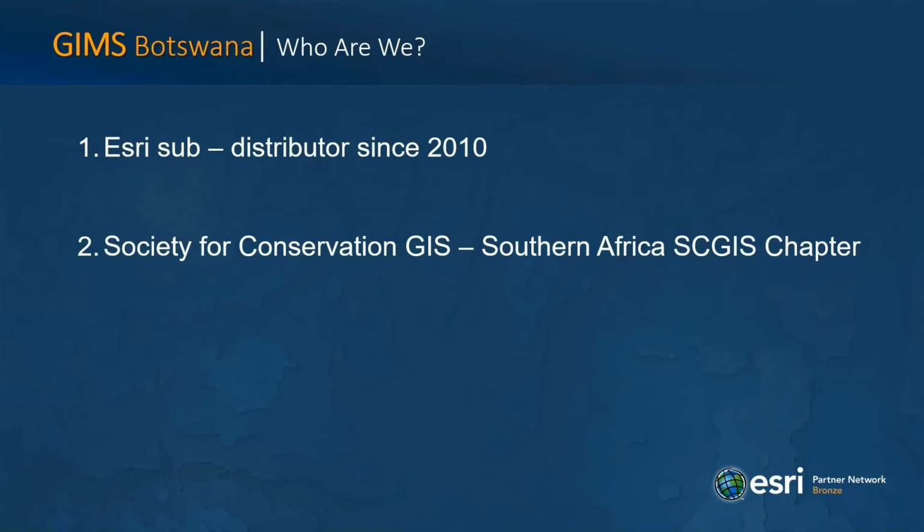Esri's had a presence in Botswana since the late 1990s, or 2 decades of presence in Botswana. I am a member of the Society for Conservation GIS and have participated in the virtual and attended some of the conferences in California. And GIMS Botswana has worked with Esri South Africa in trying to promote a conservation community in Southern Africa, one of which is to try to grow the Southern African SCGIS chapter as service providers to